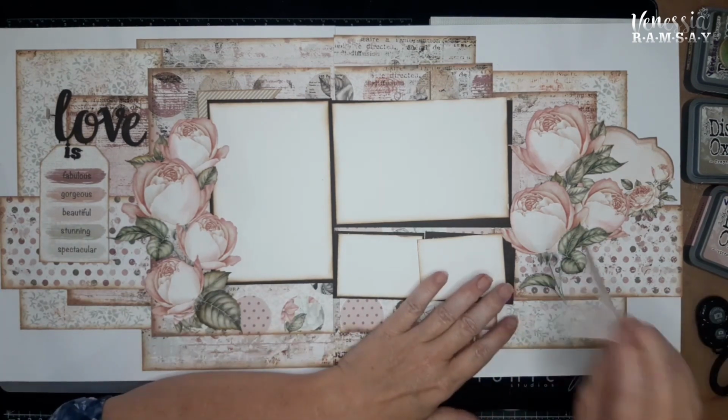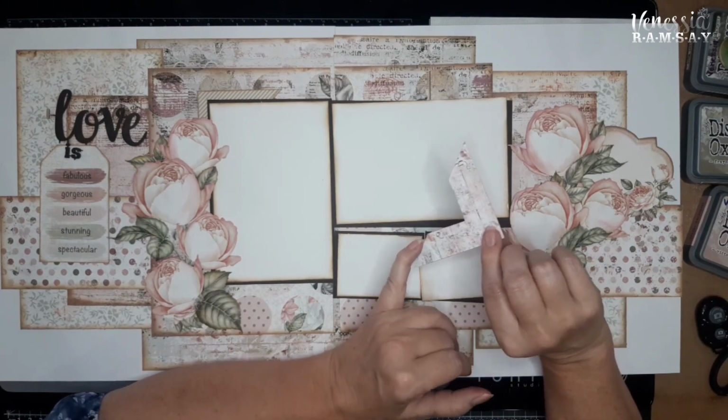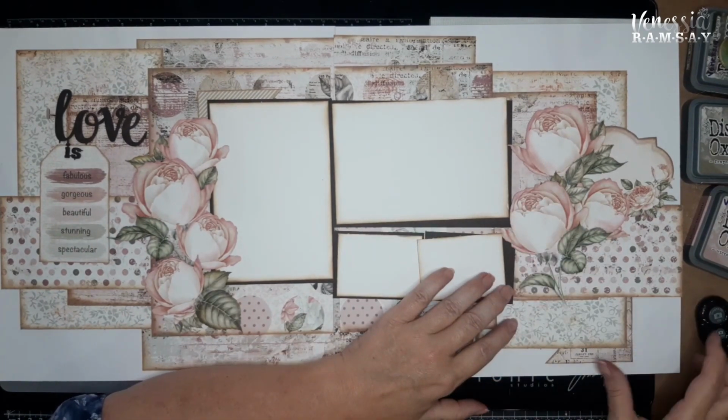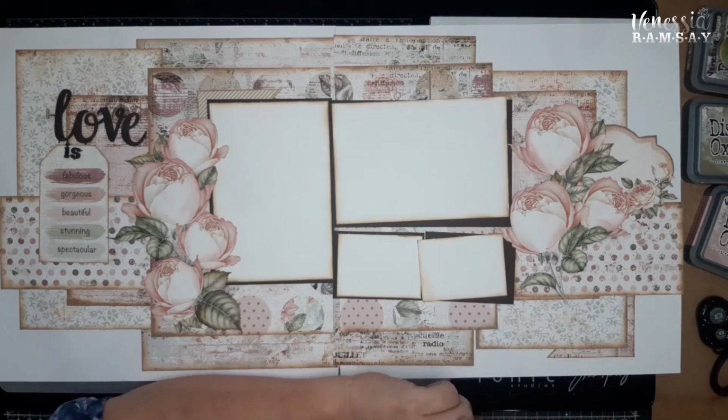So I thought to use, this is the side that's on the cut apart sheet, but the printing is running in the wrong direction, the words, so I just turned it over, and I think that's going to work really well over here, like that. Okay, and then